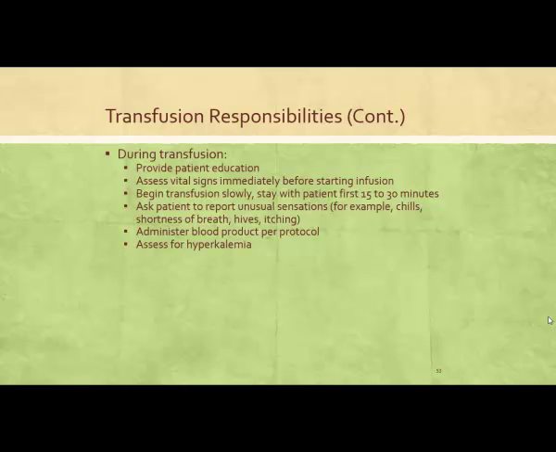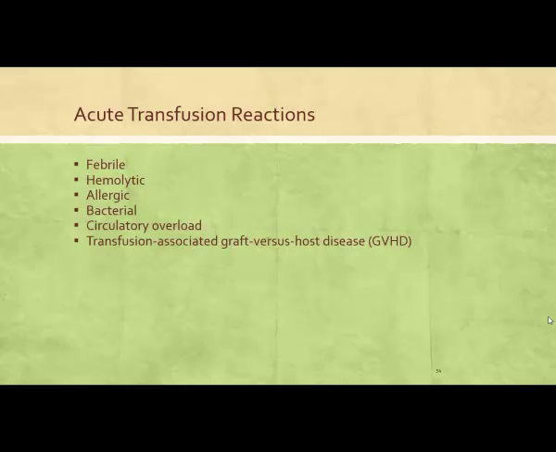And then just make sure that we are administering blood products per protocol. So we want to make sure that we get that blood hung within 30 minutes of receiving it, and then not let it hang more than 4 hours, and then assessing for hyperkalemia. It's an okay time to put your patient on that telemetry unit and watch what their cardiac rhythms are doing, because again, potassium is going to have the biggest effect on the cardiac muscles when we're thinking about life-threatening conditions to our patients. So acute transfusion reactions, some of those side effects are also listed out on this slide. We want to make sure that we are watching our patients quite closely.